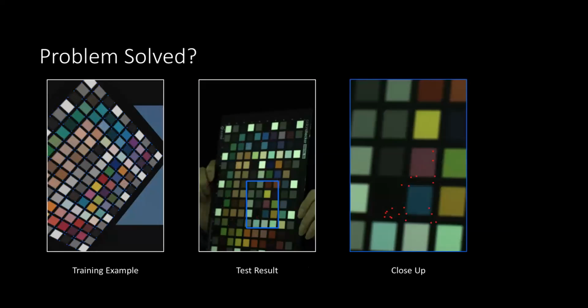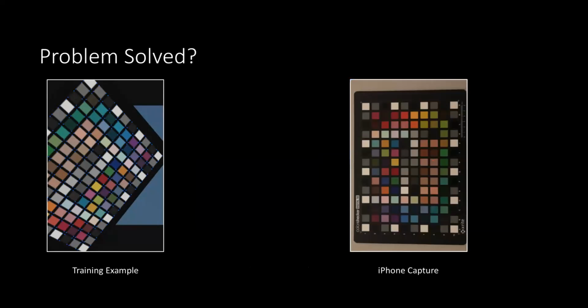But when we train and test the network, we found that the network is easily overfitting and just returns some random results during the test time. So what's the problem here? We can notice that even though we do some augmentation, there is still a huge texture gap between the synthetic data and the real data. Also, for the synthetic color checker, all pixels in one patch have the same color, which is very unreasonable in